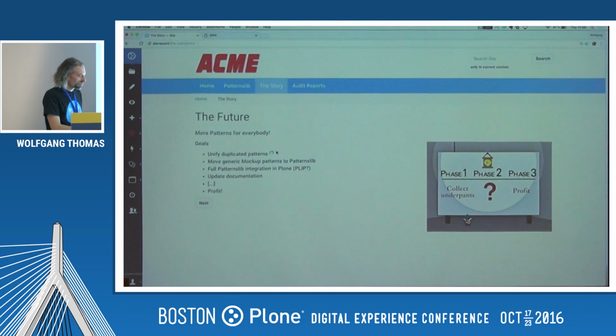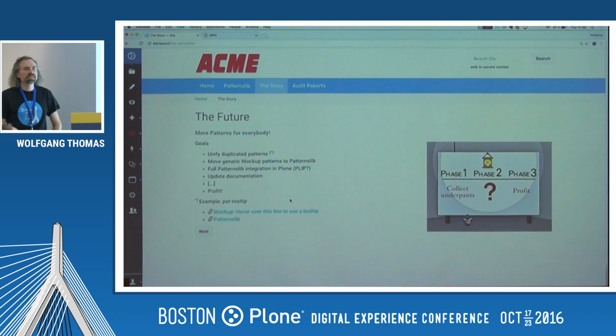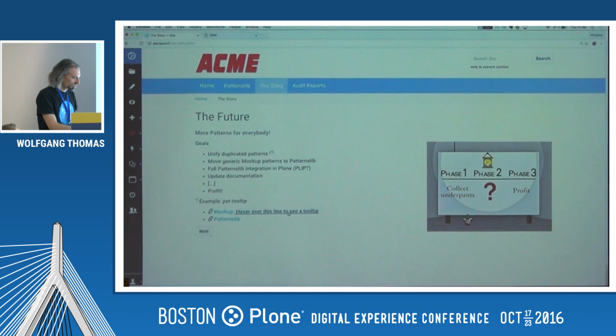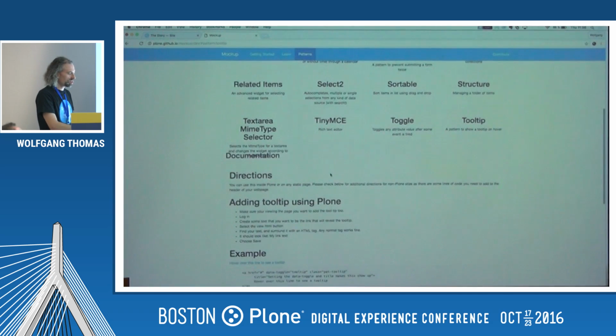So what do I mean by unifying duplicated patterns? One example is pat tooltip. We have pat tooltip in mockup, and we have pat tooltip in patternslib. This is the mockup one. This works half the time. Okay, here I hover over it, setting the data toggle. So I hover over something and I see a tooltip. It can be formatted much nicer. I didn't bother to copy over the nice CSS, but anyway, looking at the mockup page,